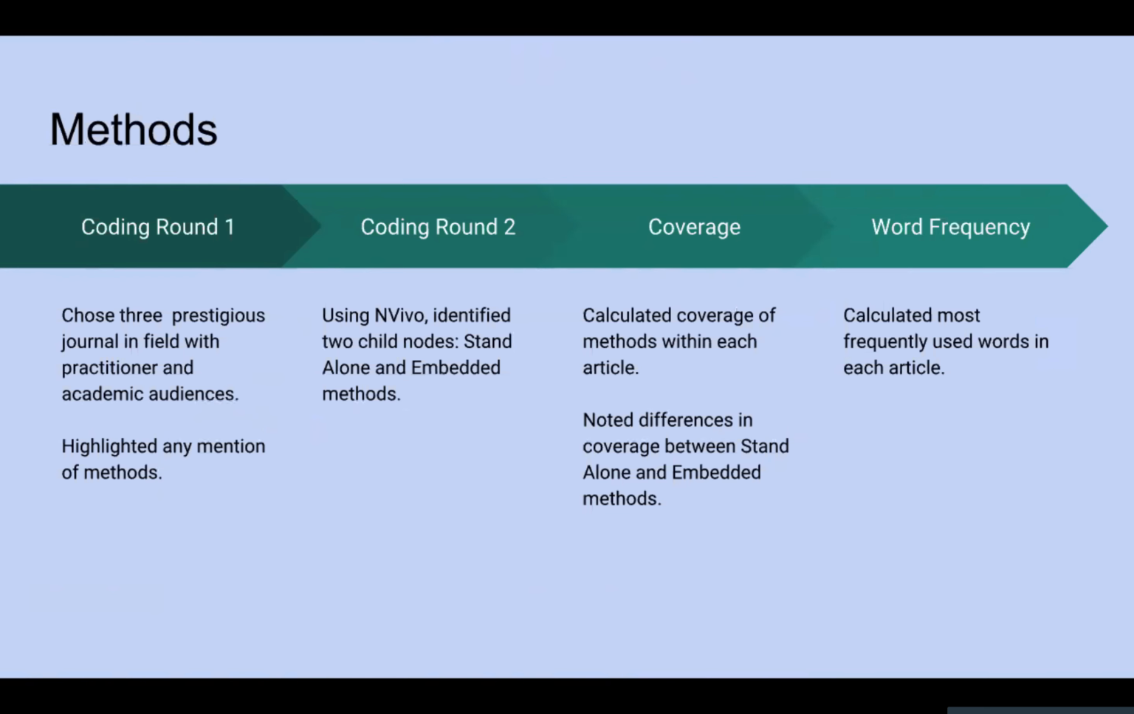In the next round of coding, we put all of the articles into in vivo and then identified two child nodes, which was standalone and embedded methods. So what this means is we started to see the methods falling into two categories if they were there. So standalone methods is when there was an actual methods section in the article that explicitly went through the methods that were used, whereas embedded methods was any point throughout the article where methods fell. So it might be the author touching back on parts of the project or just getting into methods at various